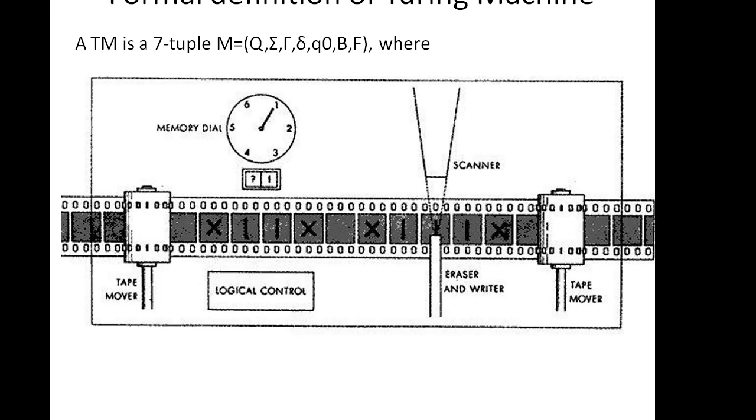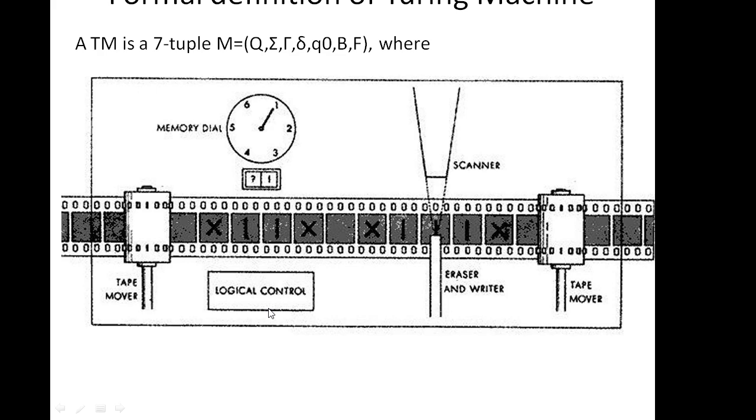Okay, so now we'll move ahead to the formal definition of the Turing machine. A Turing machine is defined by these seven tuples. Let's first see what is the main thing that we need to remember. This is the portion that we use in the abstract model. This is your tape, in the length that you can see where x's and ones are written. These are the tape movers so that the tape can slide through it. This is basically the logic controller.